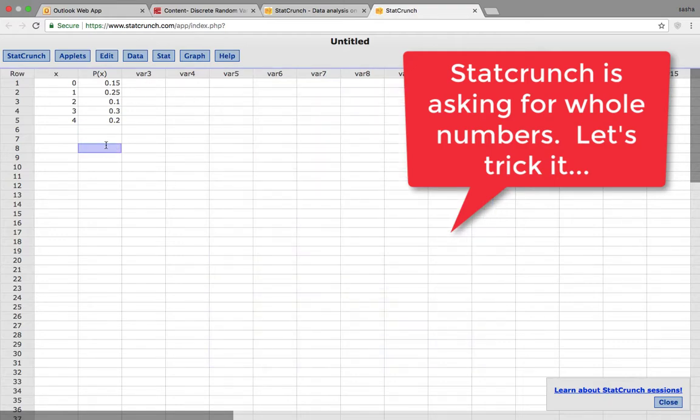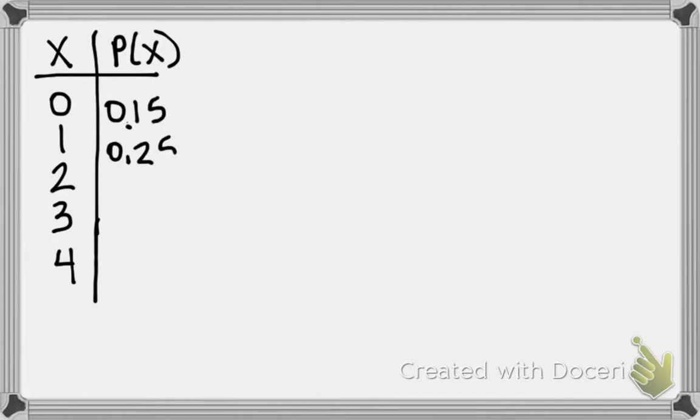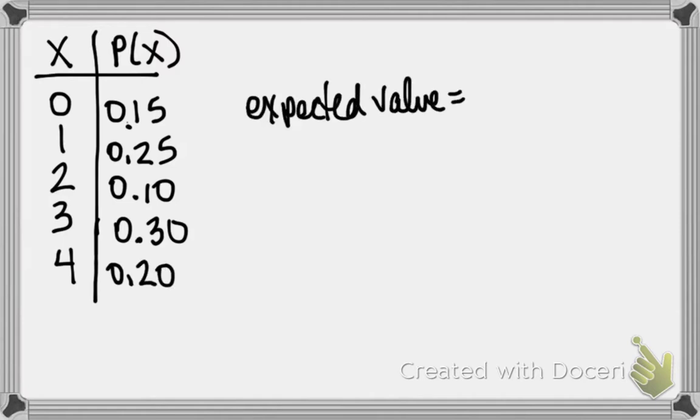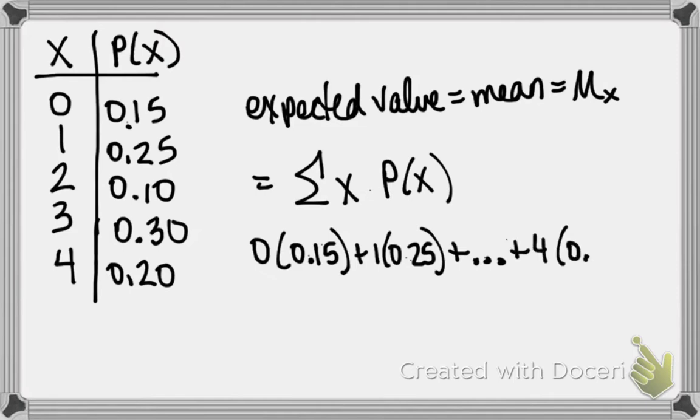So we want to try and trick it. And this is what we can do. Here's what we would be doing by hand. When we find the mean, it's the same as the expected value of X, out of the next four planes. This is how many we would expect to be late. That's X times P of X, and we take the sum of each of those. So we have 0 times 0.15, 1 times 0.25, etc., all the way down to 4 times 0.20, and we